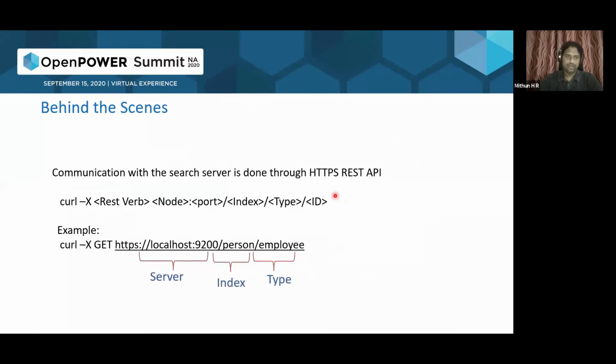So coming to the actual implementation itself, right? When we do a search for a package, there is an HTTPS REST API which we have implemented into the Elasticsearch engine, which will go as a curl request. We have created something called an index.